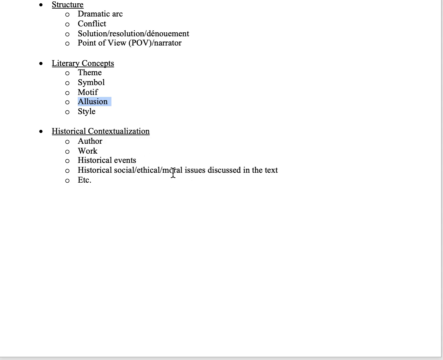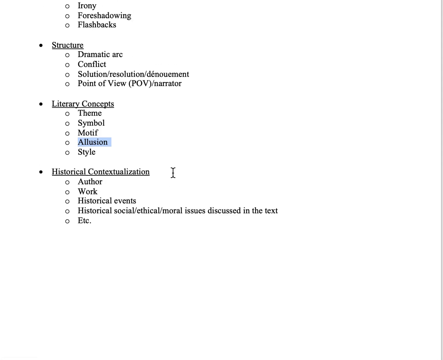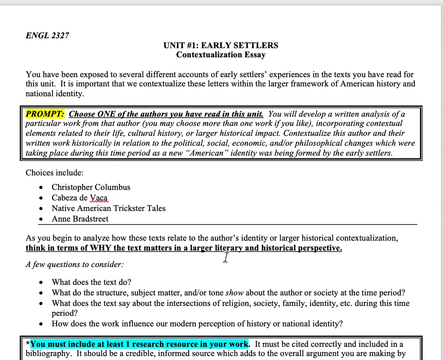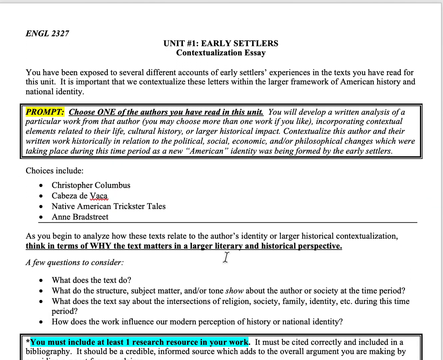All of that, look at that secondarily. It's important, but it's not as important as analyzing the literature in depth. So if you need it, you have a lot of resources available to you. In the week 1 folder, you have MLA documentation, you have understanding of the basics, you have all of the things that you need to create a very strong essay here. So if you have questions, you are more than welcome to email me with them.